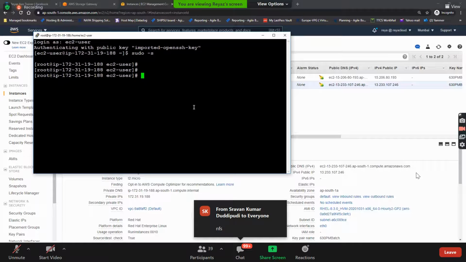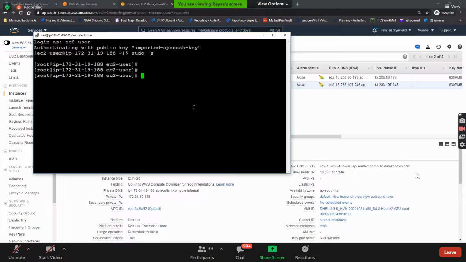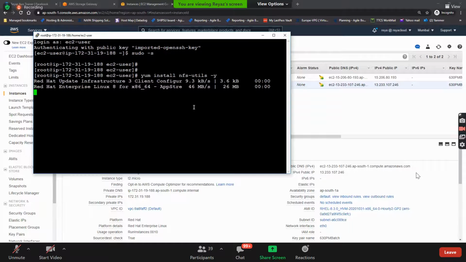Nice. So first we need to install NFS utils on our machine in order to support the NFS protocol. For that, a simple command: yum install nfs-utils -y. We need to install NFS utils on the machine. Let it install.